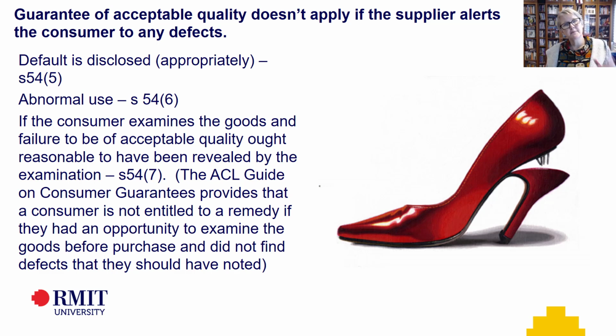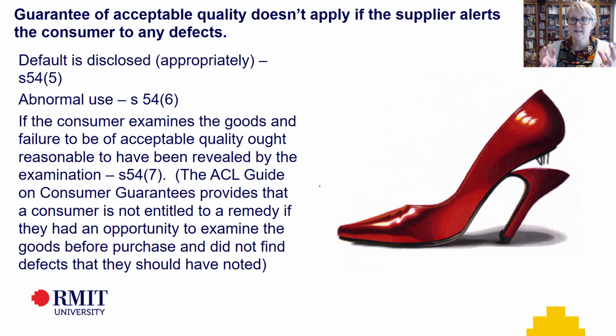The guarantee of acceptable quality doesn't apply if suppliers alert consumers to defects. So buying seconds and samples, for example, or stating that you're going to use the thing for an abnormal purpose. So some goods mightn't be of an acceptable quality, because of a problem that's already known, but they can still be sold as seconds or samples. Defective goods can be sold, and they're usually sold for lower prices, if the consumer is alerted to the defects before the sale. For example, the supplier would need to tell the consumer before selling the goods, or have a